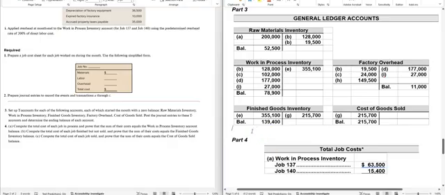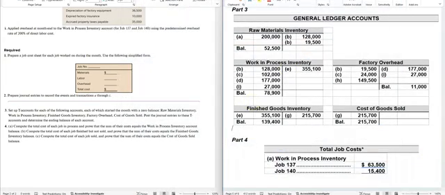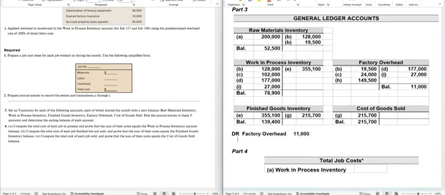So if we were to go ahead and correct this, okay, we would, sorry about that, want to get rid of that balance. So my entry to clear out that balance would be to debit factory overhead for $11,000, and I'm going to adjust my cost of goods sold. I'm going to decrease it